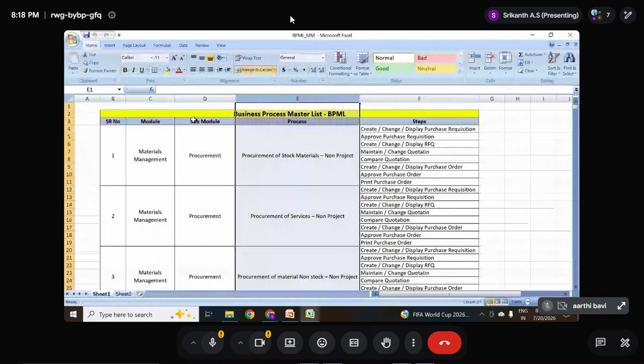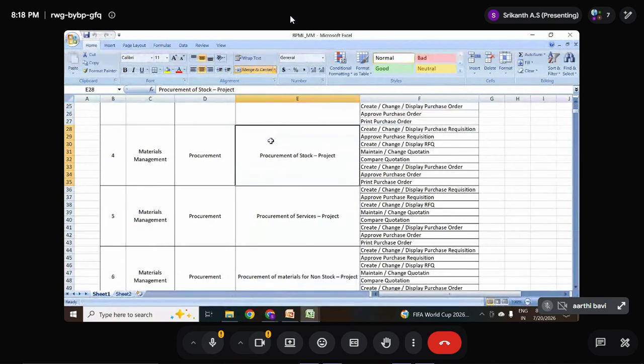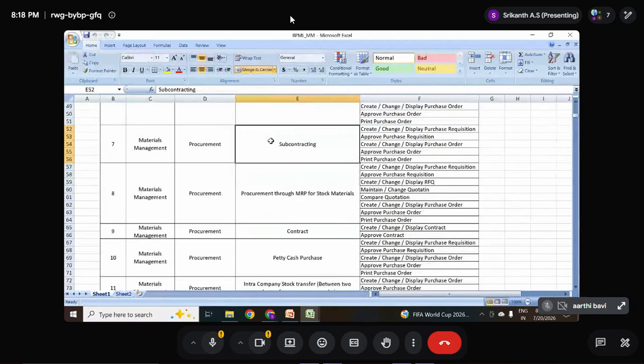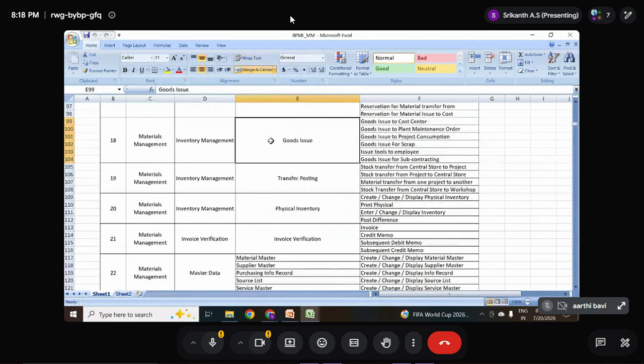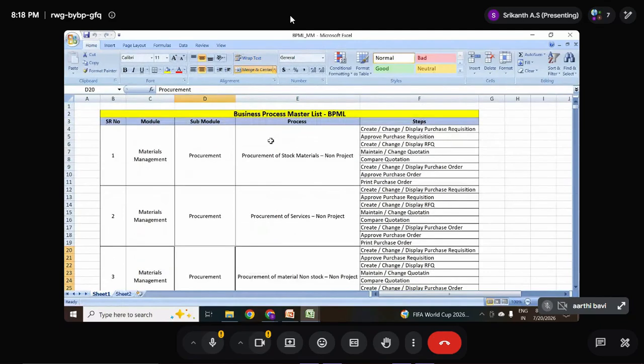See, in MM, you can see procurement of stock material, non-stock material, asset procurement, service procurement, consignment, consumable, contract procurement, scheduling agreement, MRP, inter-STO, intra-STO, third-party vendor return, reservation, physical inventory, invoice verification. So these all are standard processes given by SAP. As an MM consultant, what we are doing is going through the client scope document